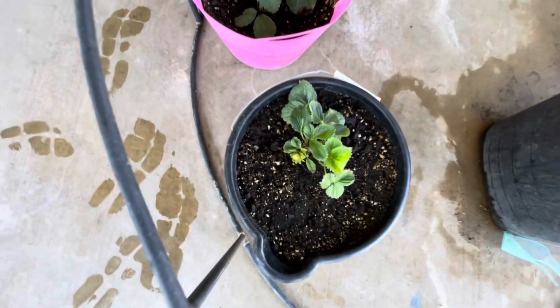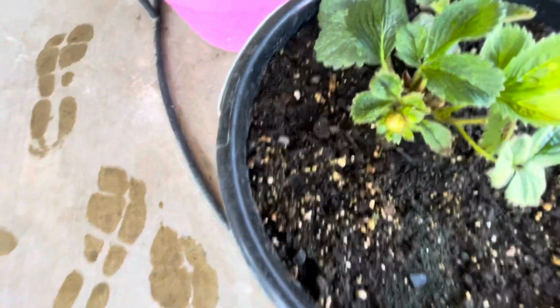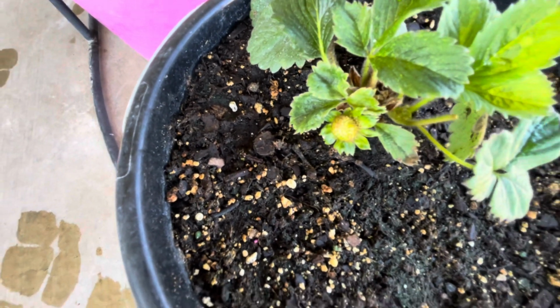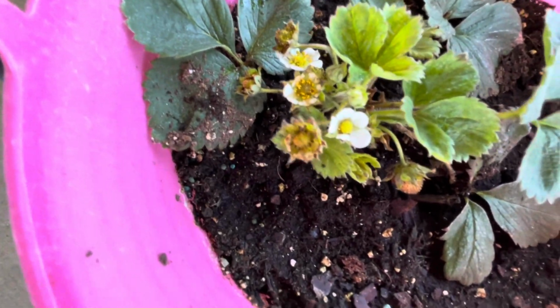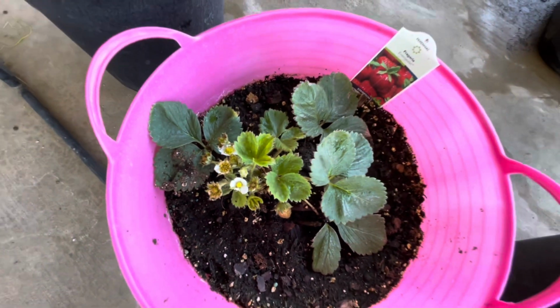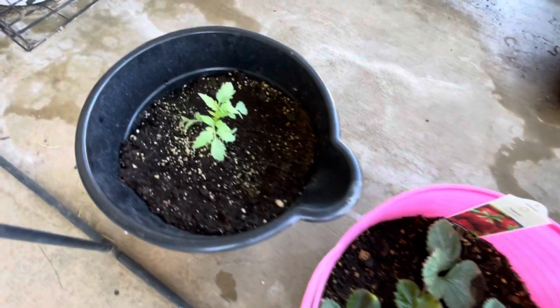Here's a strawberry plant, and it's just so funny. I was gonna pull this stuff up because I didn't think I would get any more strawberries off of here, but there's one there. So I'm just gonna leave it alone and just let it do what it do, you know. Look at all of those strawberries. Look at that, y'all. Just when you think that these things are done,